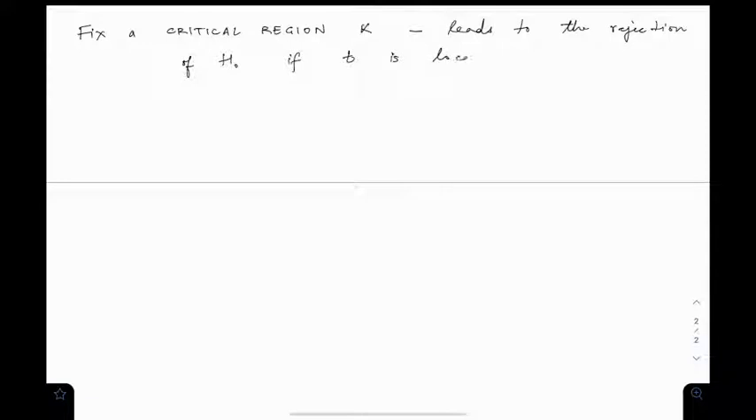Well, the next quantity that we must define, before applying the test, we have to fix a critical region, which we will denote by capital K. Now, this critical region leads to the rejection of H0 if T is located inside it. Under the condition that H0 is true,